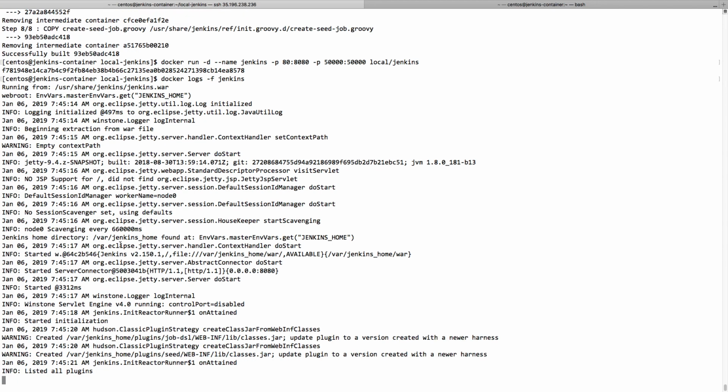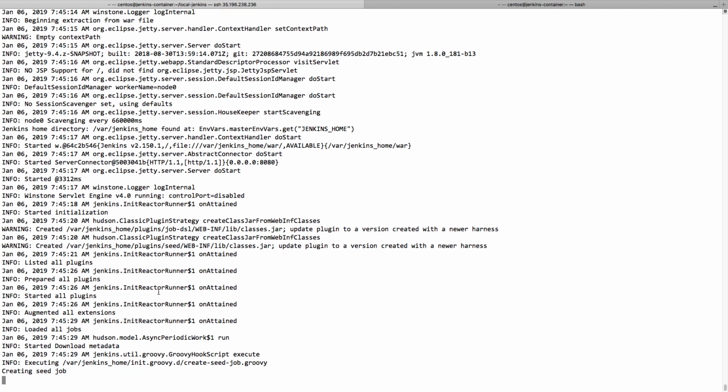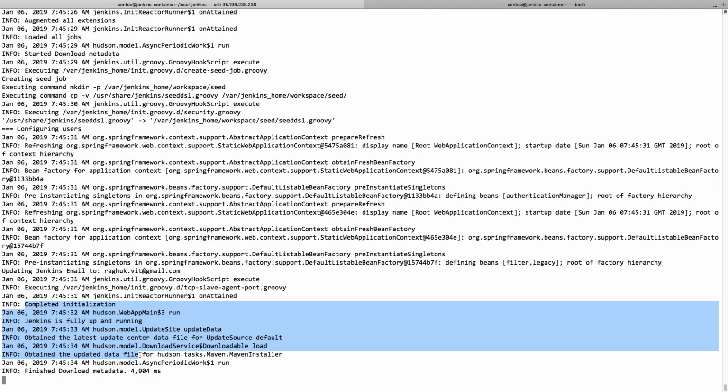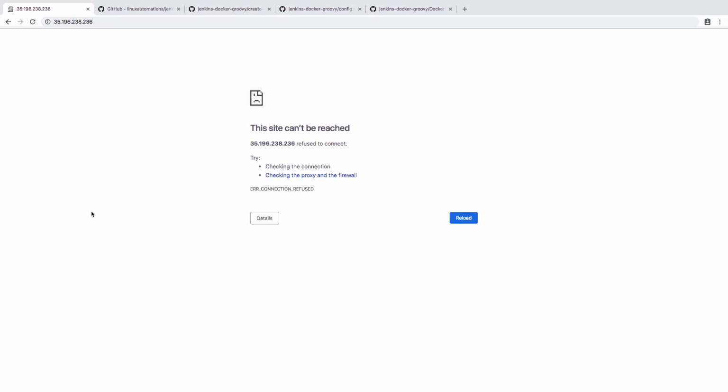Ideally you should not get any errors while running your Groovy scripts. There you go, you can see that everything is fine. Jenkins is fully up and running. You got the message, Jenkins is fully up and running. Now your Jenkins is ready. Try to refresh, and you can